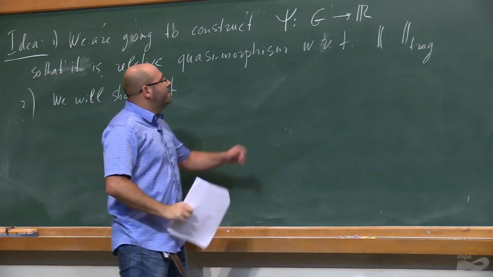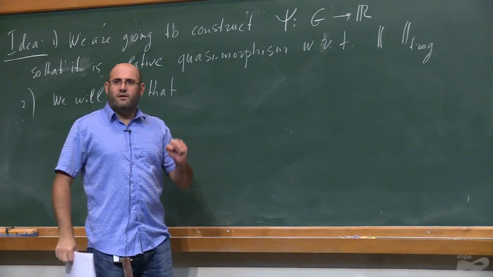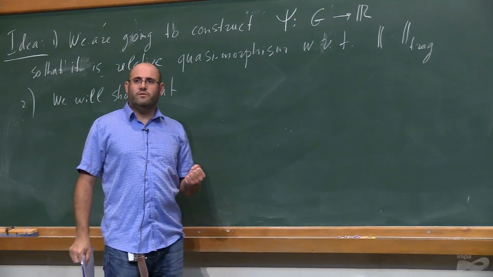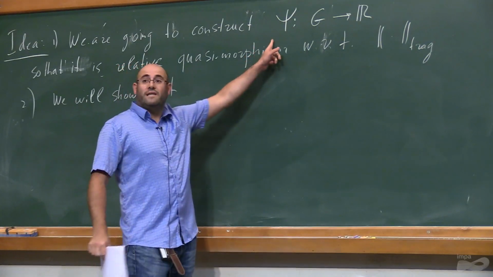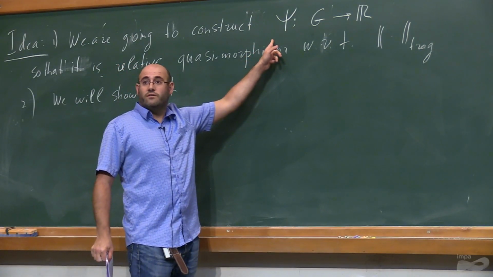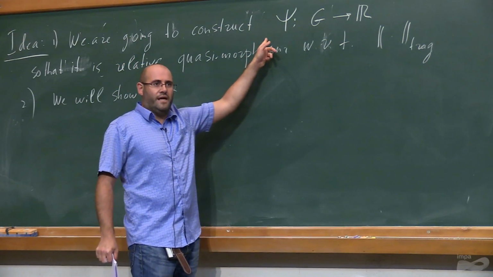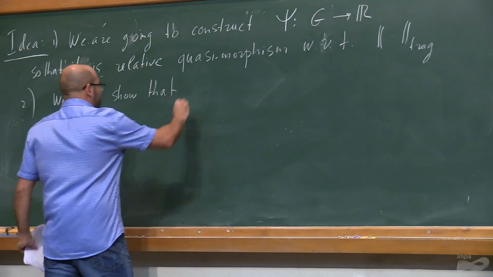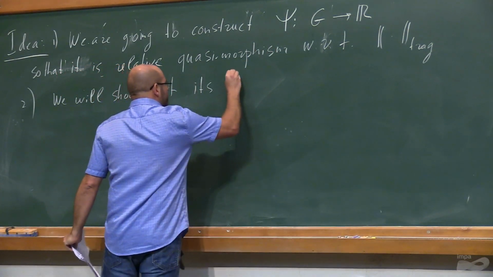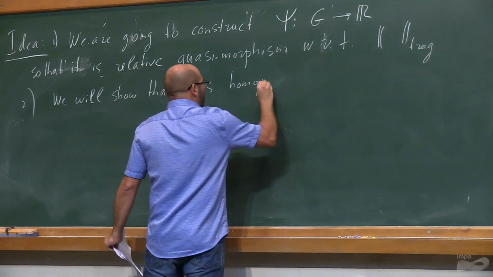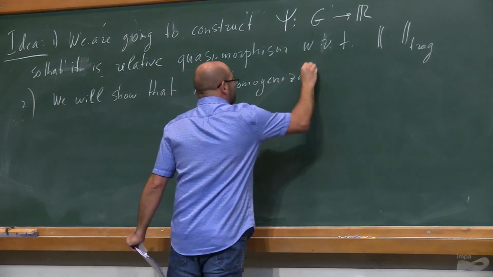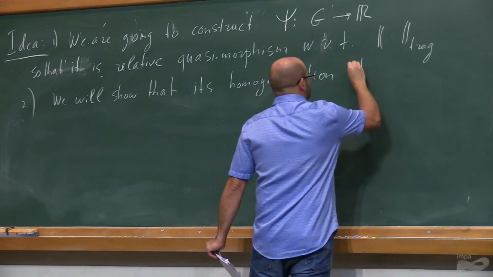that this psi actually admits a lot of properties of genuine quasimorphisms. What I mean by this is that we can homogenize this. It's not always the case for relative quasimorphisms, but in this case we can. We can show that its homogenization, let me put it as phi bar,